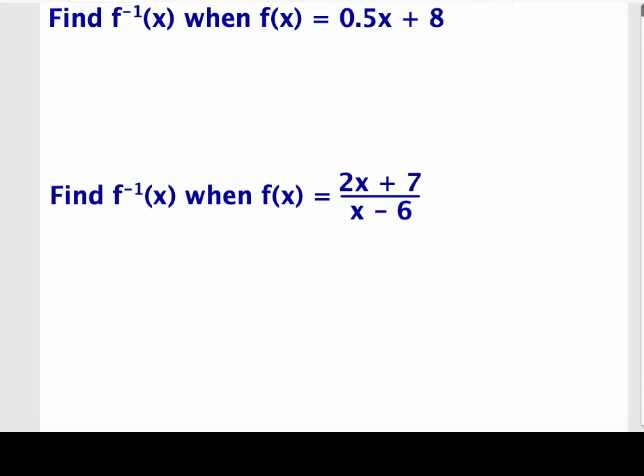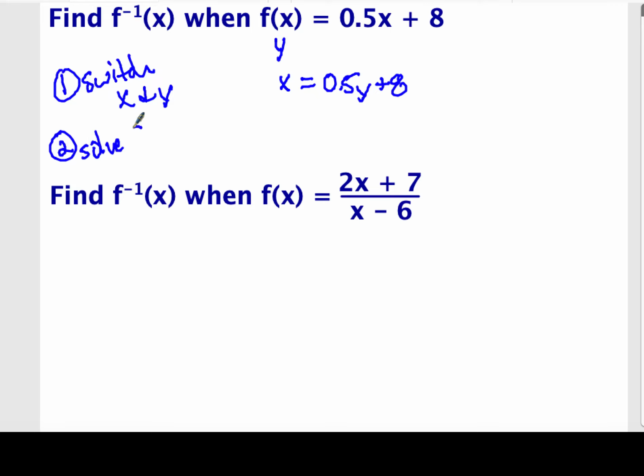Well, the first thing to do is, again, f of x is a little tricky to work with. I'm going to call that y. But the first thing I'm going to do then is switch x and y. If I want to find an inverse function, I need my outputs to become my inputs, and all of my input values to become my output values. Then step 2, so step 1, right? Switch x and y. Step 2,